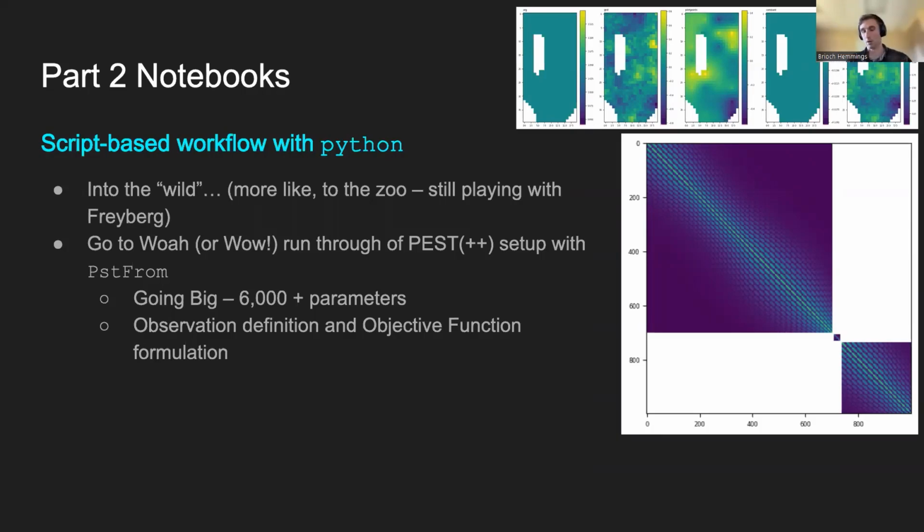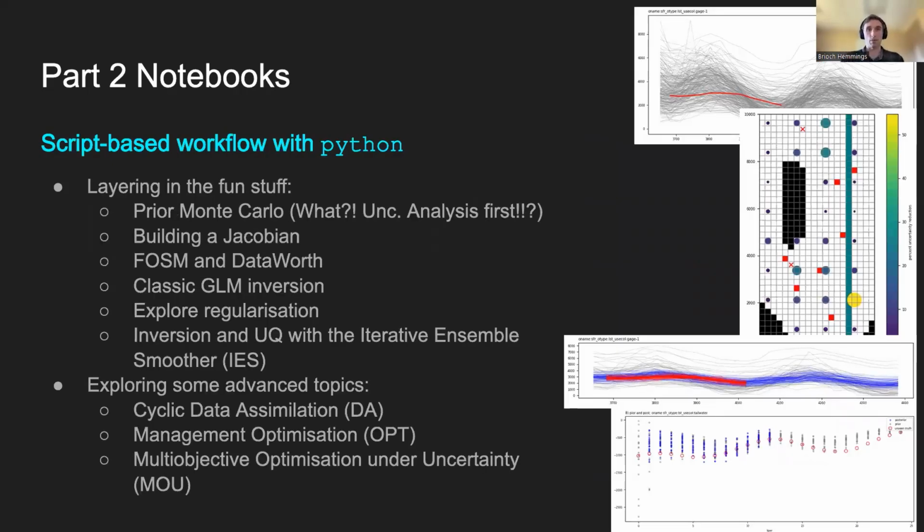And we go to high parameter dimensionality, and really everything builds on this PEST setup using the PstFrom. So this is where we can rapidly build an interface or a mechanism for interfacing with PEST and PEST++ programmatically using some of the features within PyEMU. Do you want to skip forward, Jeremy? And then once we've got that interface, we're really taking these different avenues and layering on